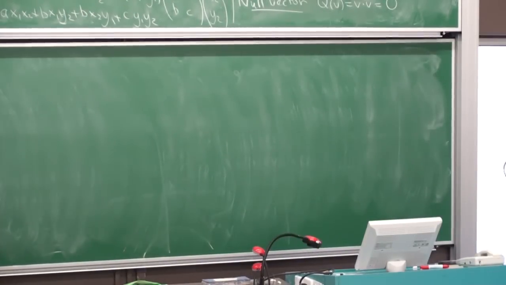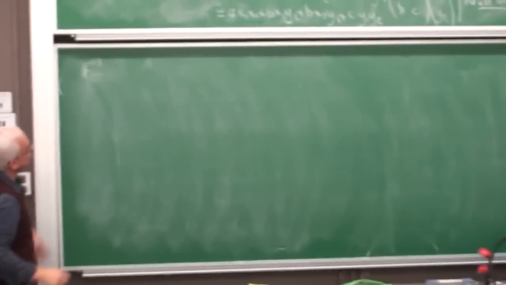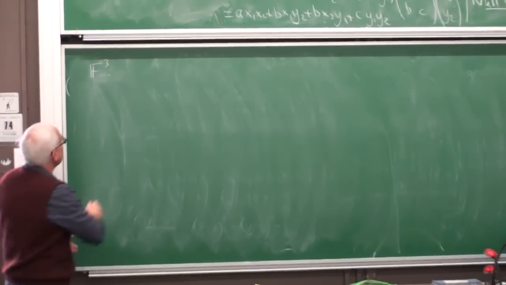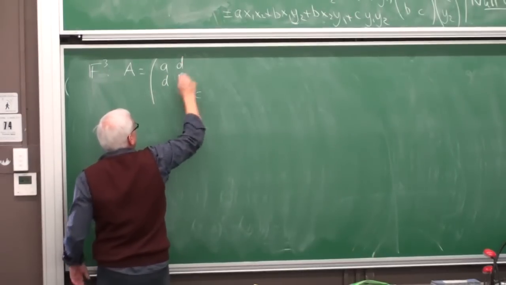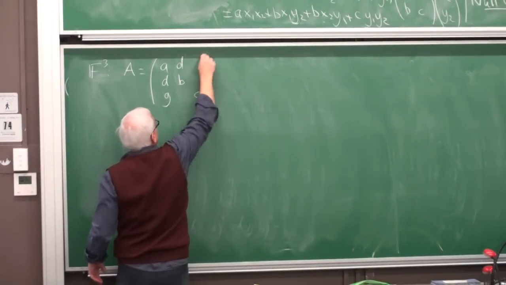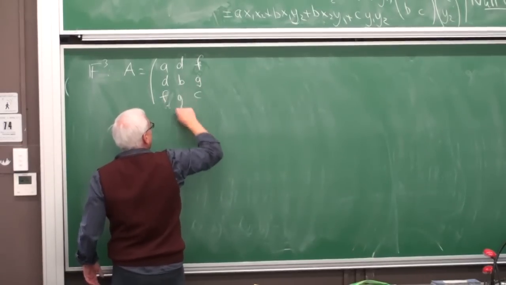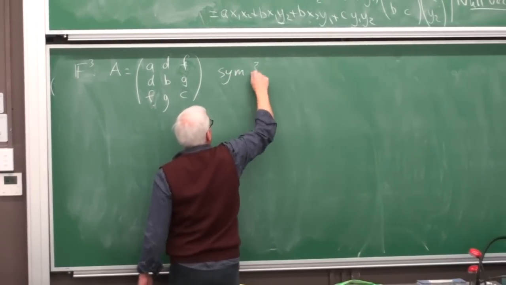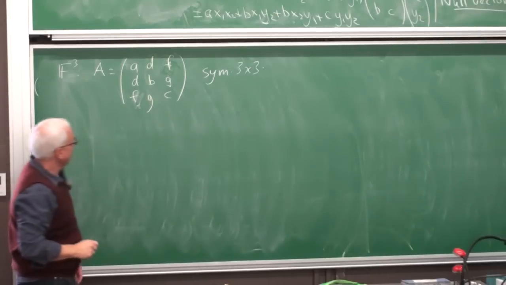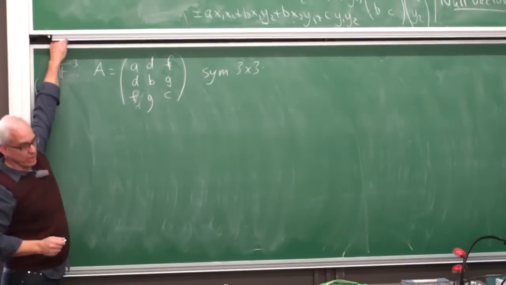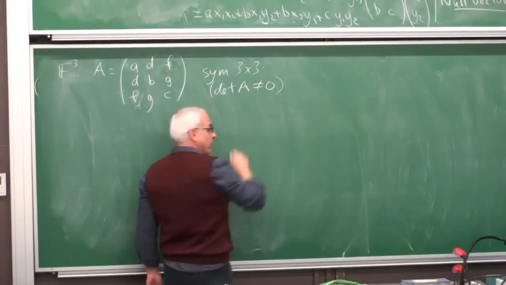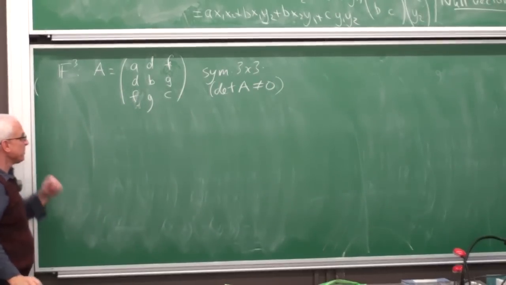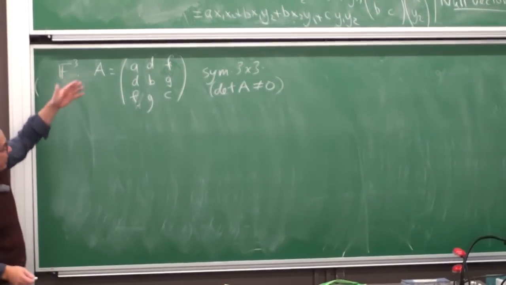All right, so more briefly, let me just mention that we can also do this in 3 dimensions. The basic story is really the same in 3 dimensions. The crucial starting point is a 3 by 3 matrix, and I like to write it like this: F and G. So that's a symmetric 3 by 3 matrix. And maybe I didn't say before, but usually, not always, we like this matrix to be invertible. So usually we take the determinant to be non-zero. And then we just proceed exactly as above.